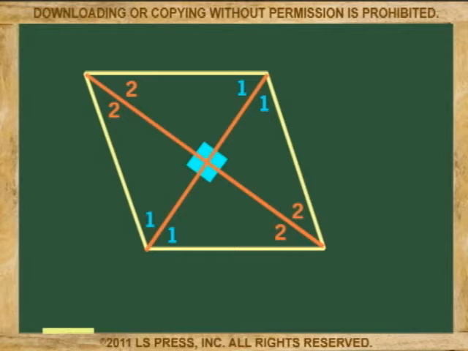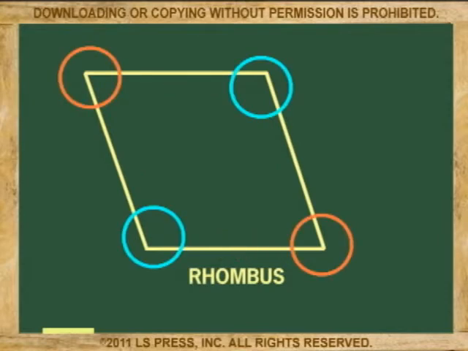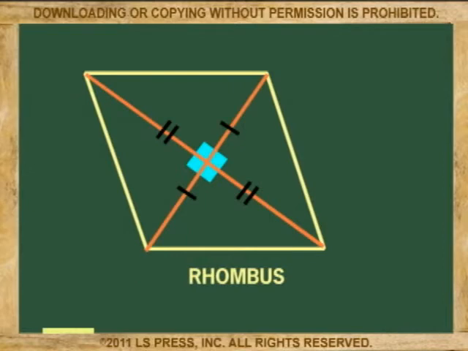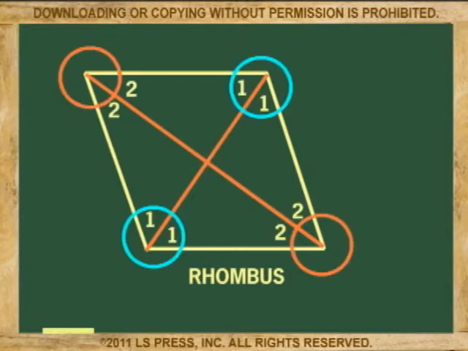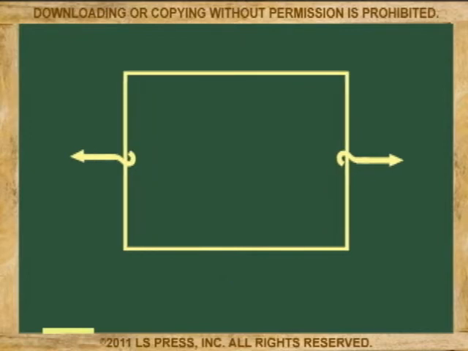And we call this new figure a rhombus, whose properties are 4 equal sides, opposite sides that are parallel, opposite equal angles, diagonals that are perpendicular bisectors of each other, forming, of course, 4 90-degree angles, and diagonals that bisect corner angles. But if instead of squeezing the square, we stretch the square, then not all 4 sides will be